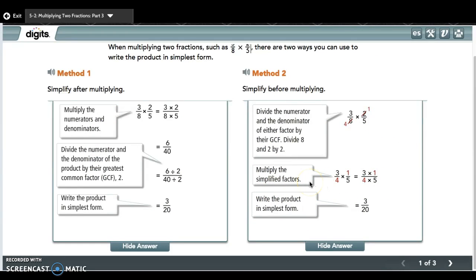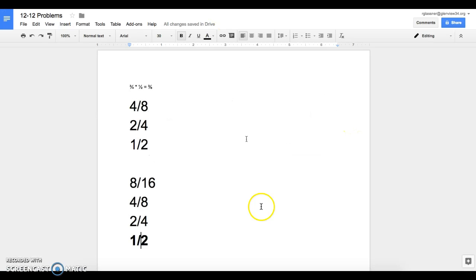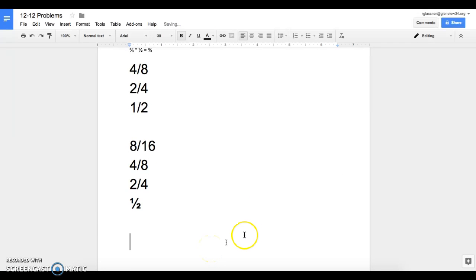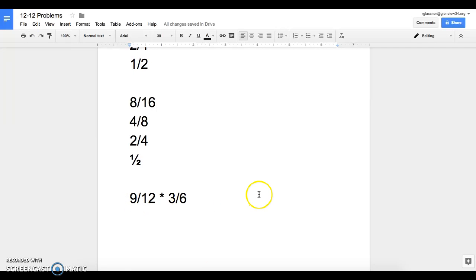The biggest mistake I'm going to see here is you're looking for a numerator-denominator pair. Okay, so 2 and 8. Okay, let's look at a different one really quick. Let's say you did 9 over 12 times 3 over 6. So I'm going to quickly